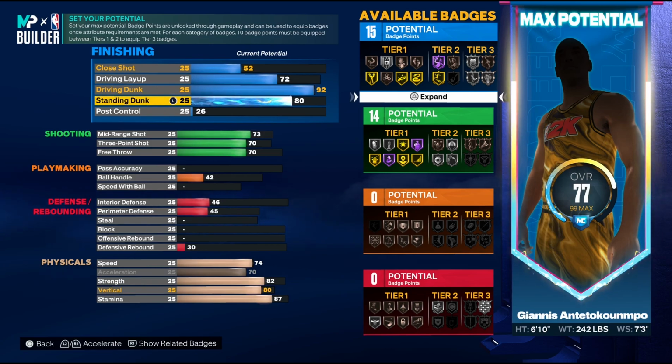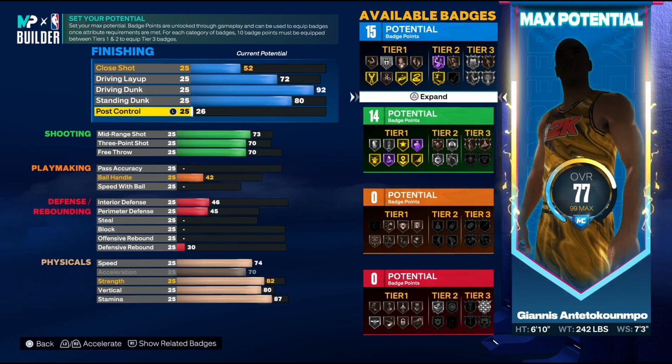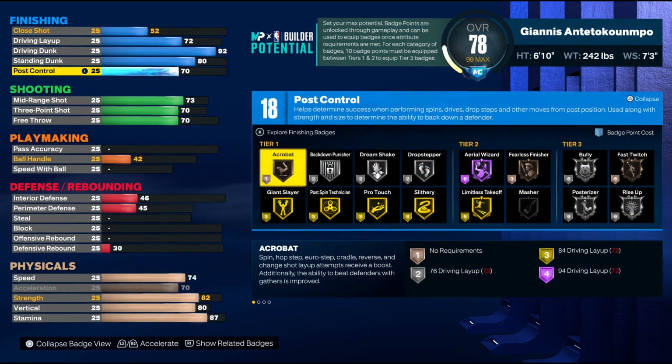This was mainly because I wanted to get the ability of Silver Rise Up. Because again, as I said, we don't have that much of a driving layup, so I do want you to have the most capabilities you can have to force a dunk out of a situation. And just in case you can't run at the hoop because people are trying to guard you up face up, I also decided to give the build a 70 on the post control because this then does allow you to get Silver Back Down Punisher, Gold Post Spin Technician, Silver Dream Shake, and Drop Stepper as well,